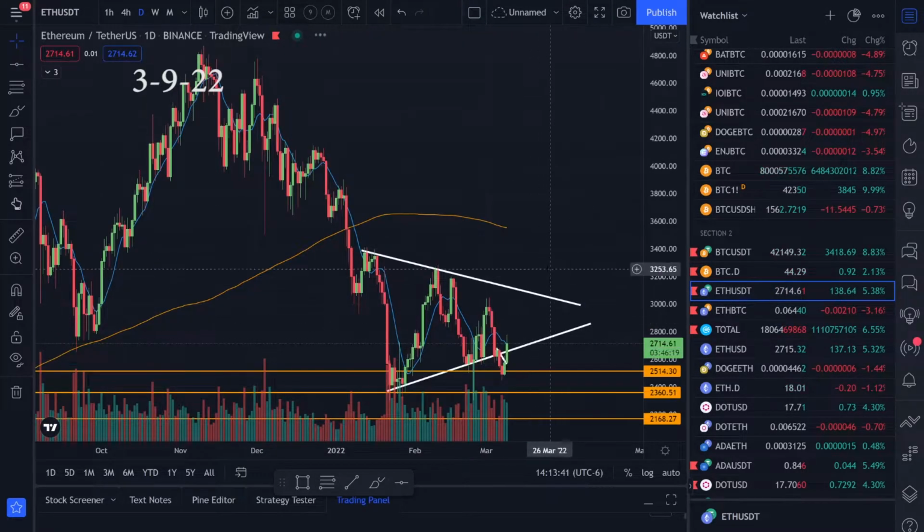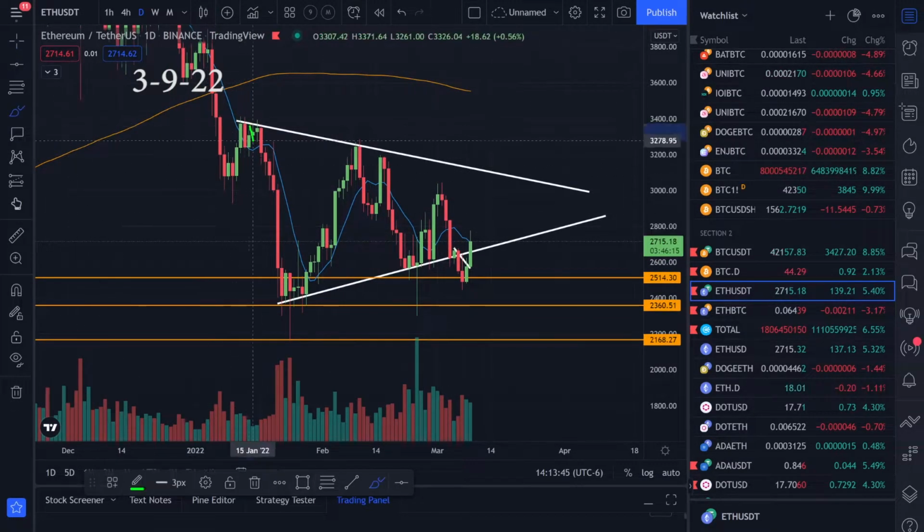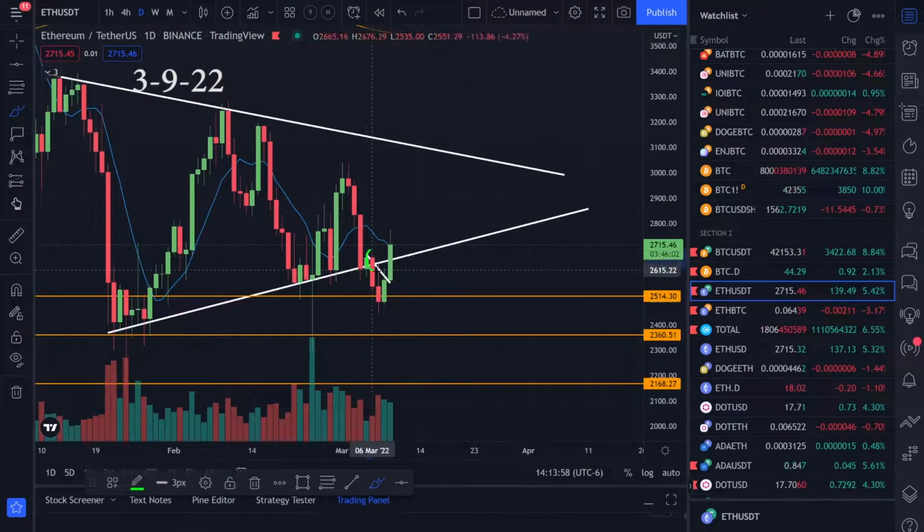We'll start with the Ethereum chart, and I've been watching this triangle pattern right here. We had resistance, resistance, support, support, and I was watching these two trend lines on the daily time frame, and it looked like a triangle pattern. In one of my last videos, we had broke below this trend line going to the downside,